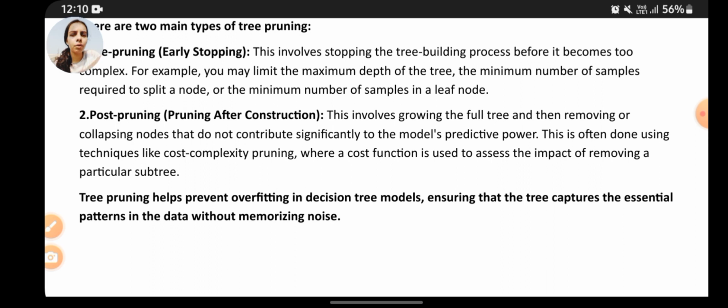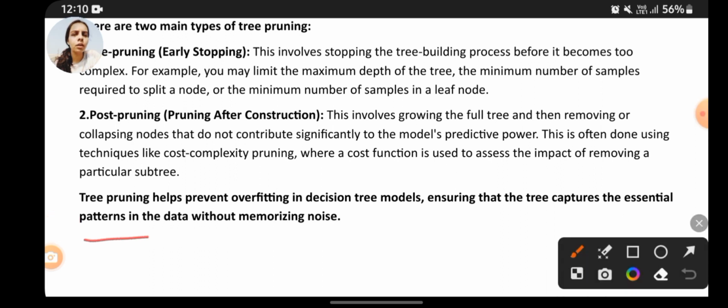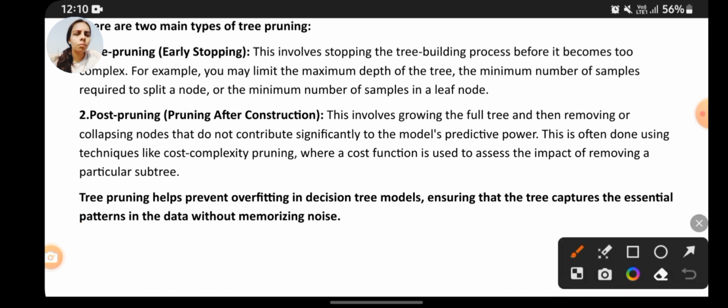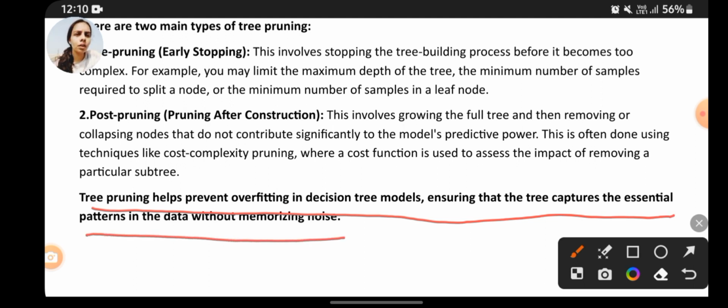So here are an unpruned decision tree and a pruned decision tree. So here are two decision trees, first an unpruned decision tree, that is this one, and a pruned decision tree, that is this one. Now there are two main types of